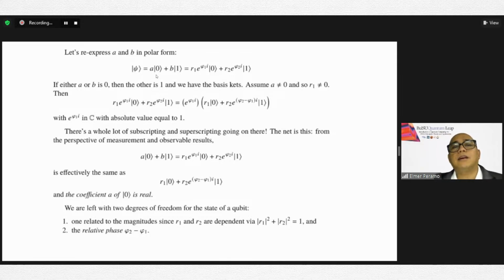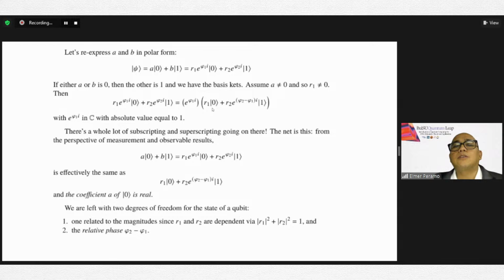So we have here alpha, which is a complex number, and beta is also a complex number, so we can represent them in their exponential form: r sub 1 e raised to i phi 1, and then r sub 2 e raised to i phi 2. And then since we can actually factor out e to the i phi 1, here it's being factored,